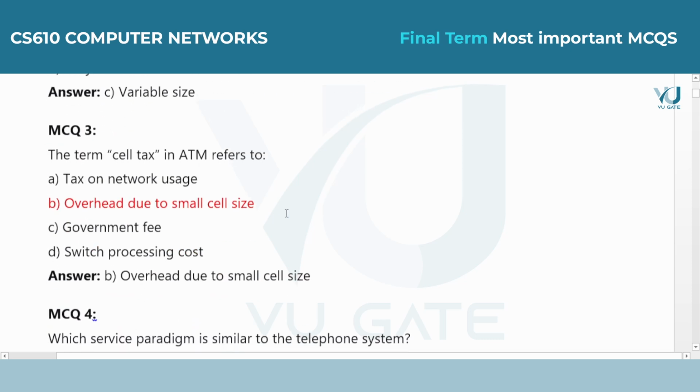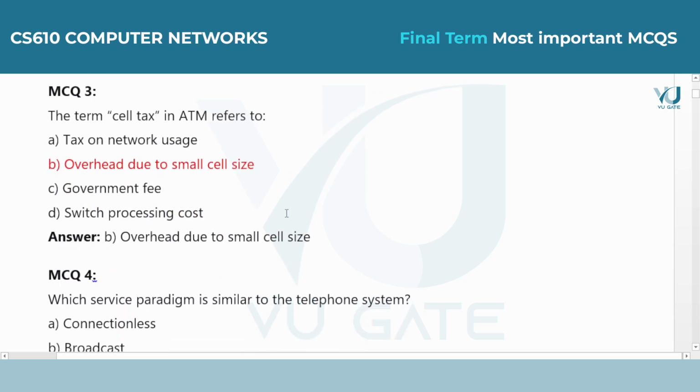MCQ 3. The term cell tax in ATM refers to. Answer: B, overhead due to small cell size. Concept: since every 48 bytes of data requires a 5-byte header, a significant percentage of the bandwidth is taxed or used